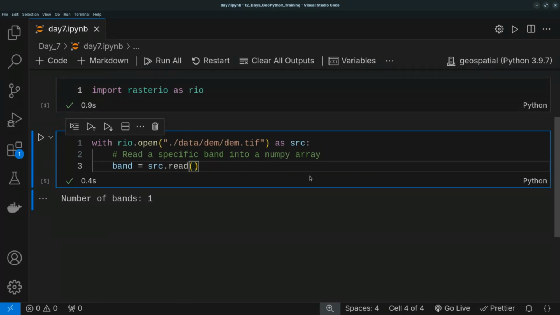And then here, you can optionally pass in the band number. So if there are 3 bands, you can read the third band by passing 3. If there is only 1 band like this, you can leave it like that, or you can pass in 1. But it's always good to pass in this 1. It is always good to do so, because sometimes if you don't pass it in like this,